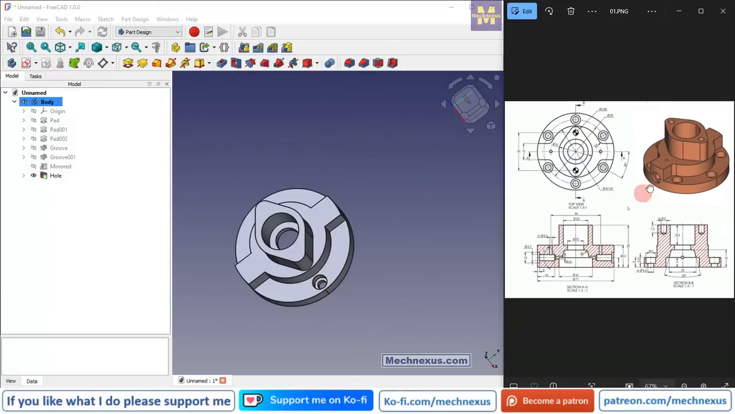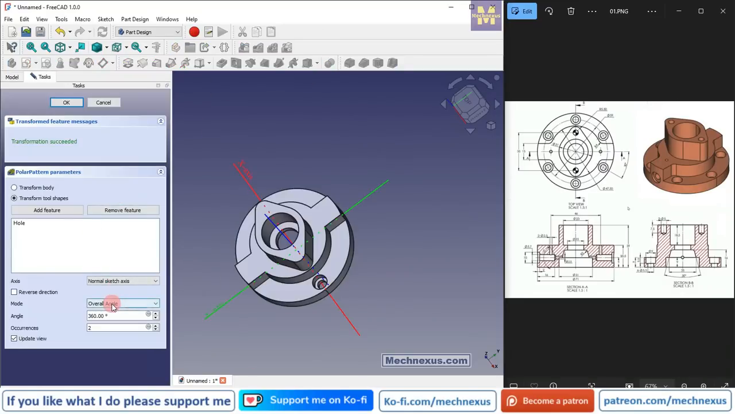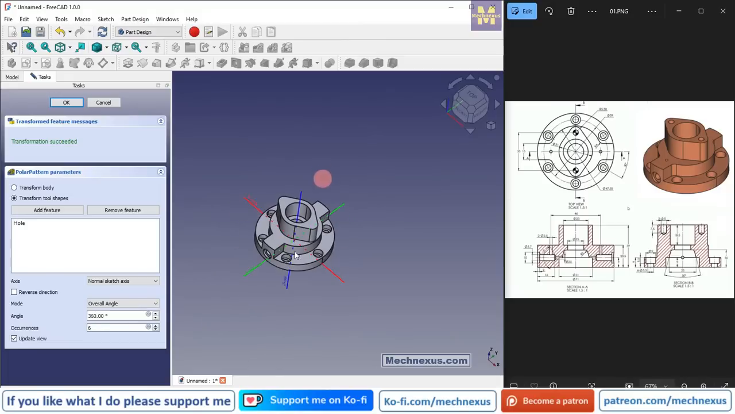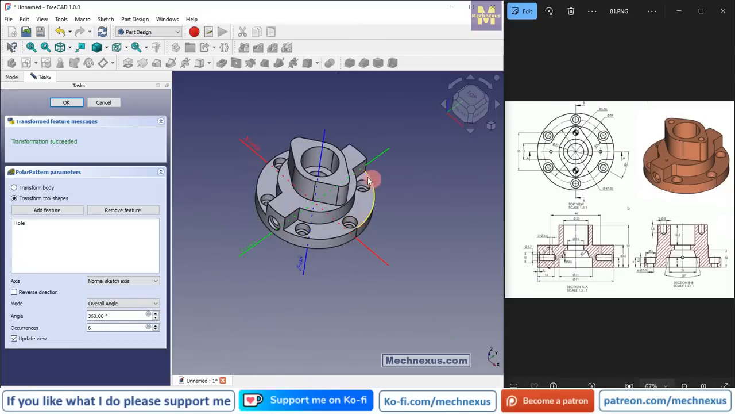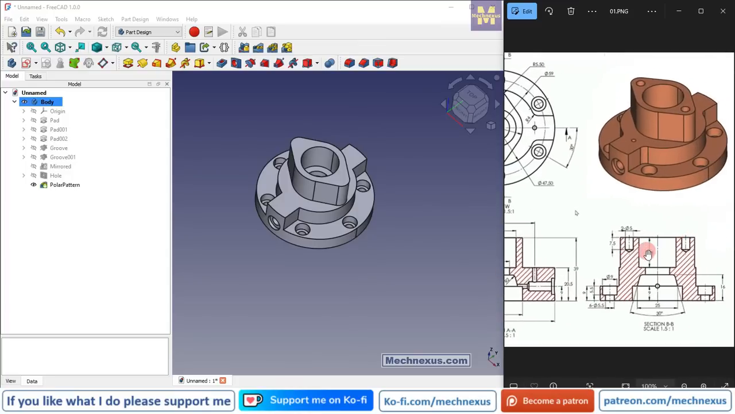Now we will polar pattern it. We will select our holes and click on the polar pattern, and from here we want quantity 6, which will be equally spaced, and you can see that FreeCAD automatically took this Z axis to polar pattern my counter bore holes. Now let's move to the next feature, which is to create this dowel hole, whose detail is given here,